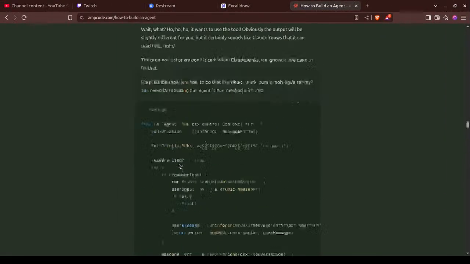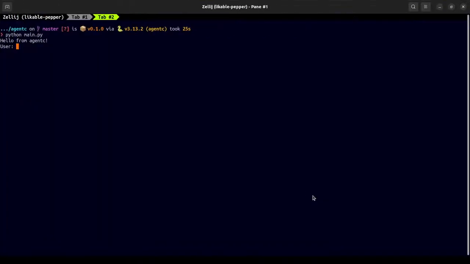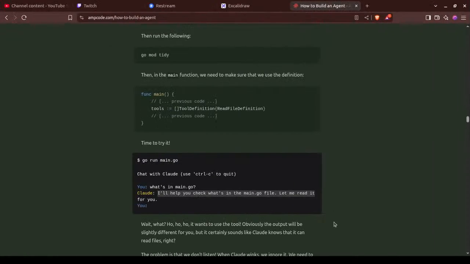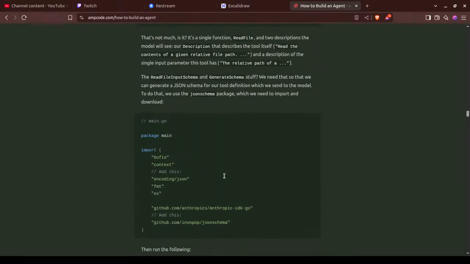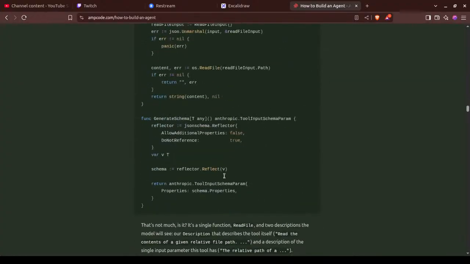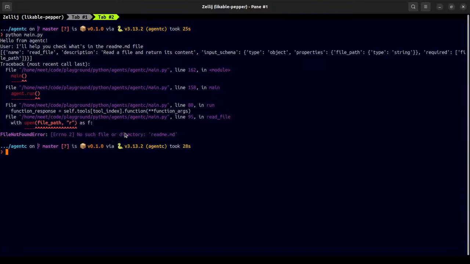So here there was a prompt. Actually copied the text from there. Okay, it actually went ahead and tried to call it, which is nice.